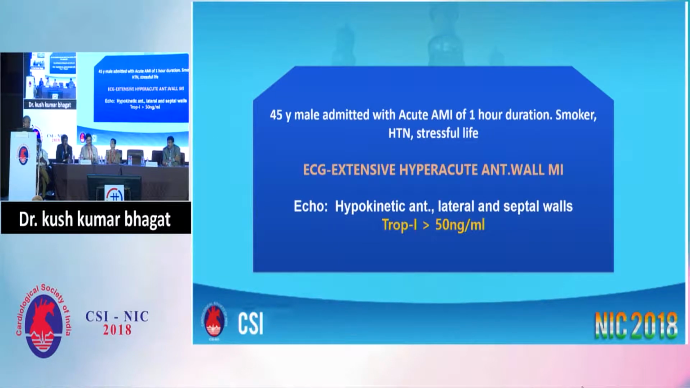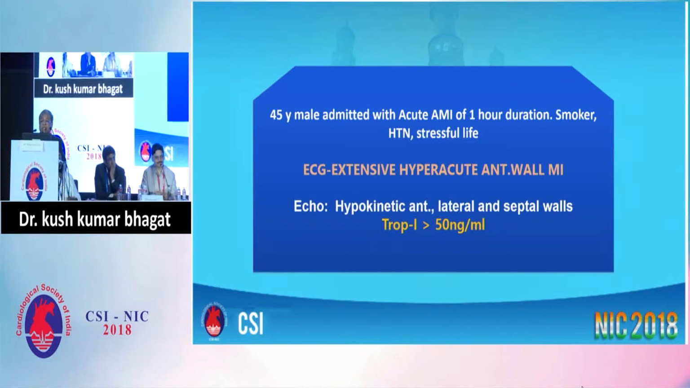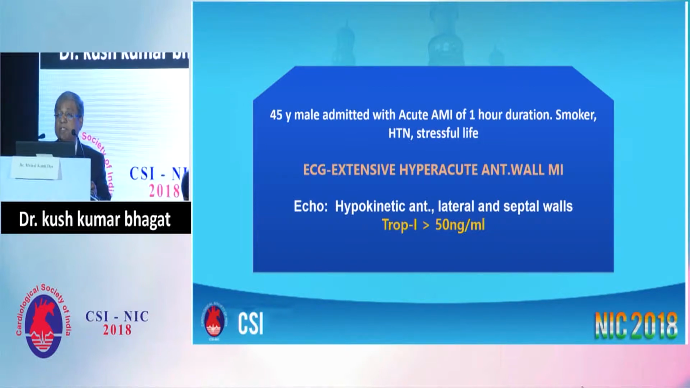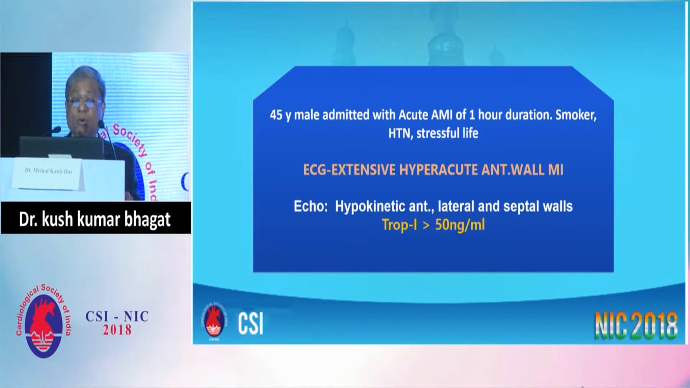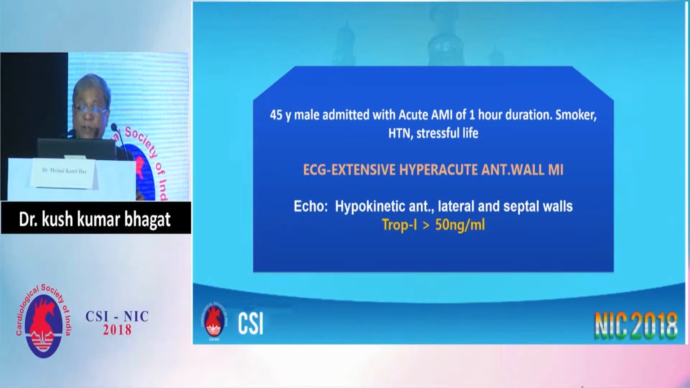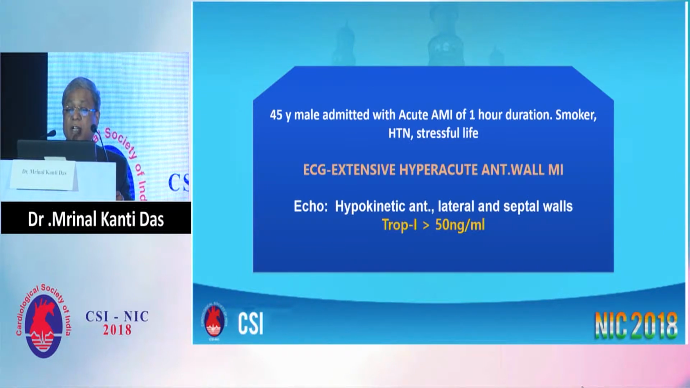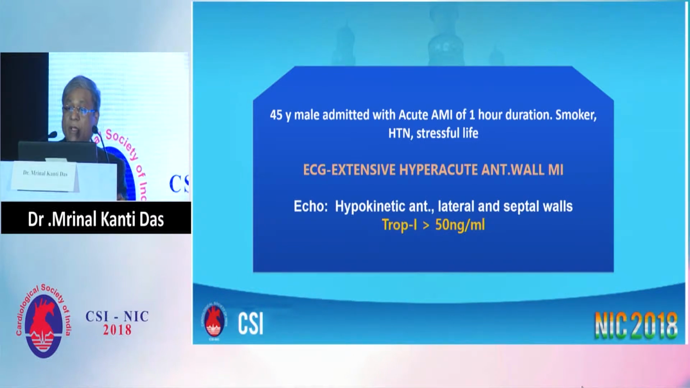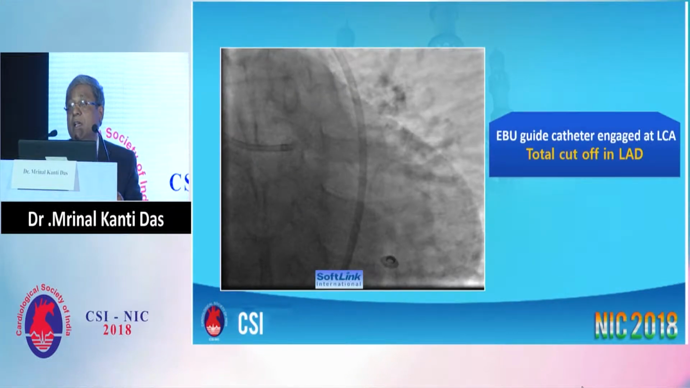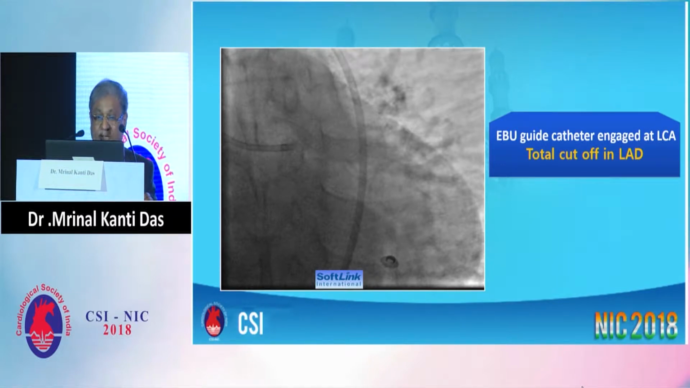So this is a 45-year-old male admitted with acute MI of 1 hour duration, smoker, hypertensive, and there is a history of stressful life. ECG showed extensive hyperacute changes in the anterior wall with features of myocardial infarction. Echocardiography showed hypokinetic anterior, lateral, and septal walls. Troponin was positive. So this was the presentation. We thought that since the patient came within an hour, let us give the benefit of primary PCI and